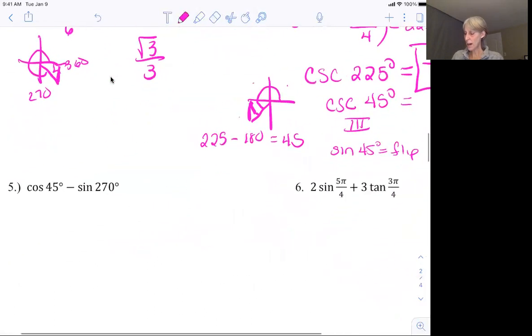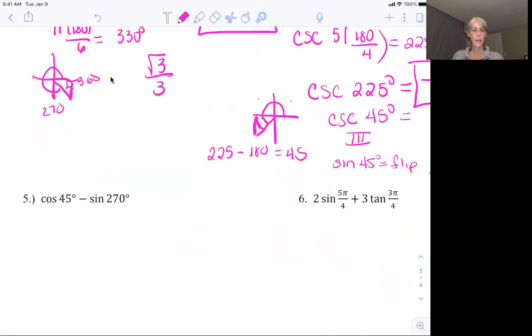In example 5, remember, whatever operation we can already do in math, we can do with trig function values. Sometimes the numbers might not be so nice. We're going to use exact values, no radicals in the denominator. Cosine of 45 is rad 2 over 2